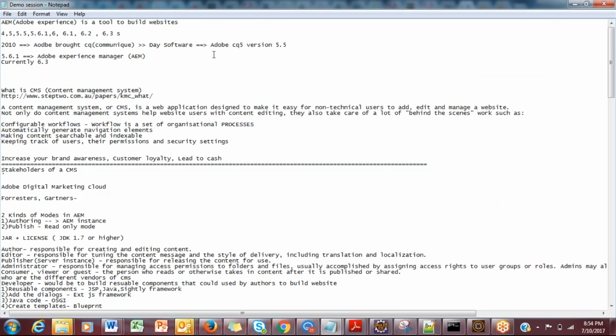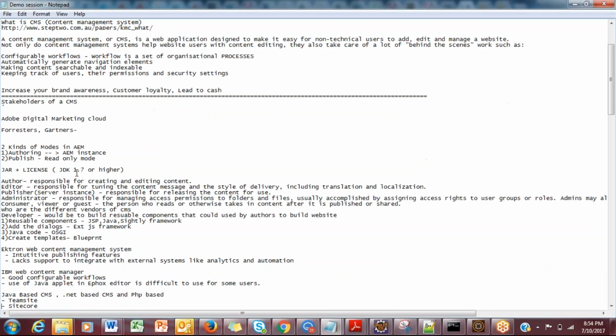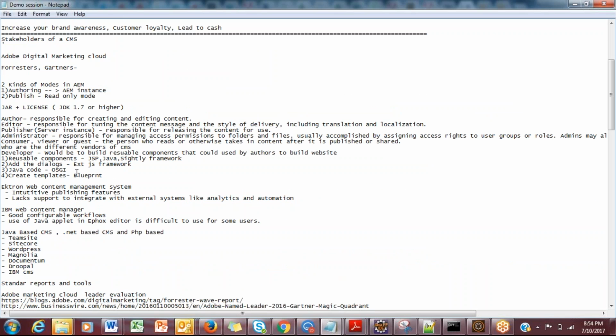Good. So basically, AEM, right? Let's understand what are some of the CMS tools available in the market. Do you have any idea which tools are there for CMS? Like you said, Oracle WebCenter is one. Any other tools? WebSphere Content Management, TeamSite, Sitecore, WordPress. On the open source end, you have Drupal, you have WordPress, right? So why AEM? Yeah, sure. So correct.